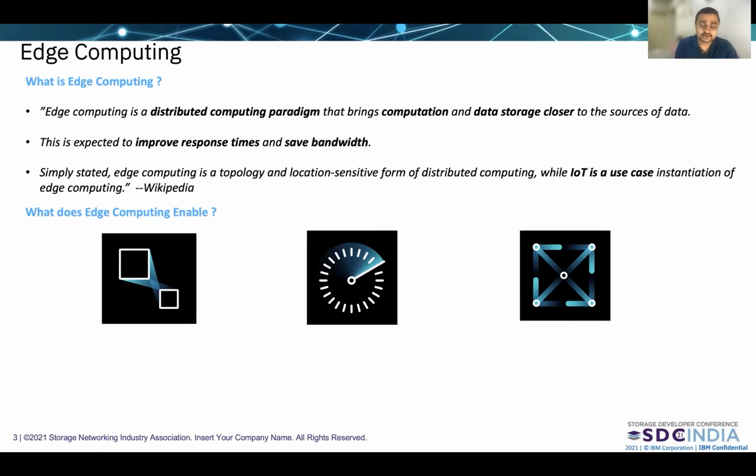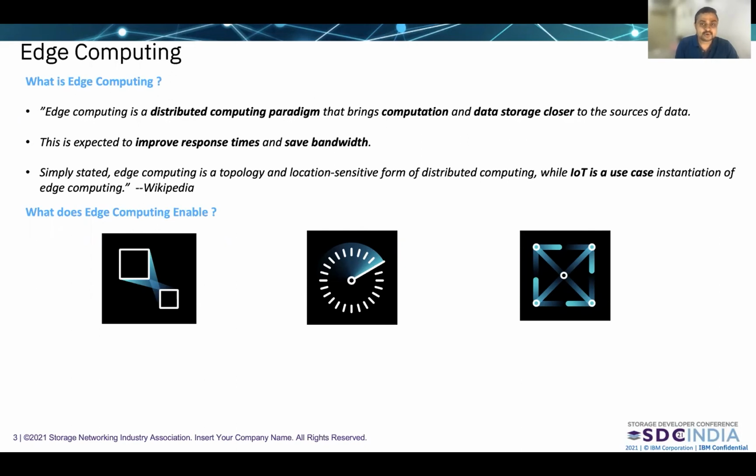This is a very important point because as we get into data gravity and definitions of data gravity. Now, why do we do that? Because it is expected to improve the response time and save bandwidth. So as Wikipedia says, simply stated, edge computing is a topology and a location-sensitive form of distributed computing. A lot of people feel IoT and IoT computing is edge computing. No, IoT is just a use case instantiation of edge computing.